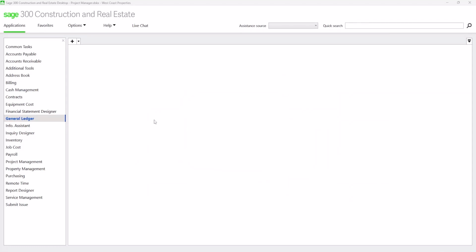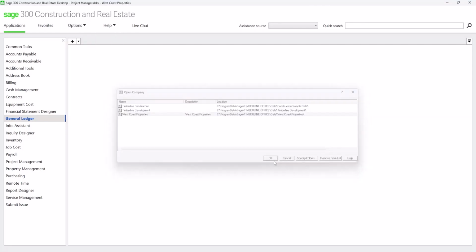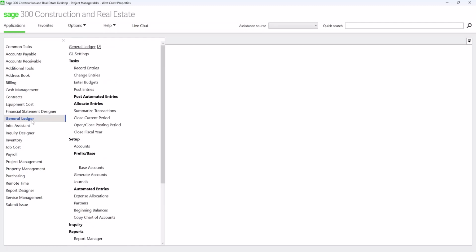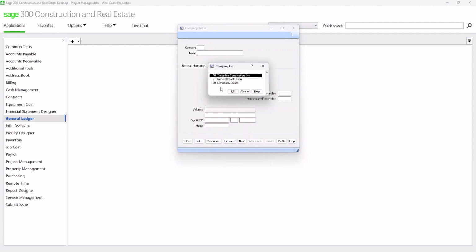So let's review results in a consolidation data folder. Again, we called it data folder West Coast Properties. In addition to having copied GL accounts in companies 10 and 21 from respective originating data folders, we also created a company 99, or entity 99, in this consolidation data folder.